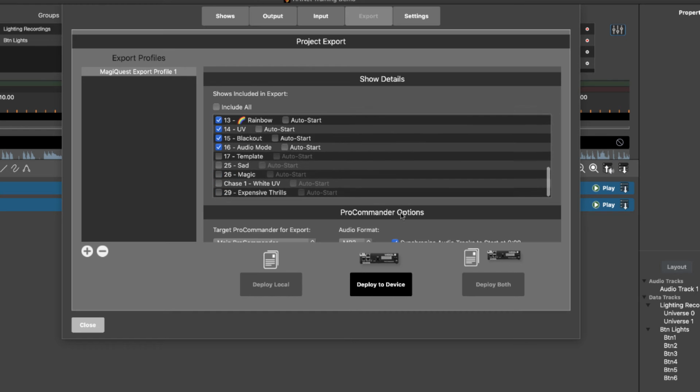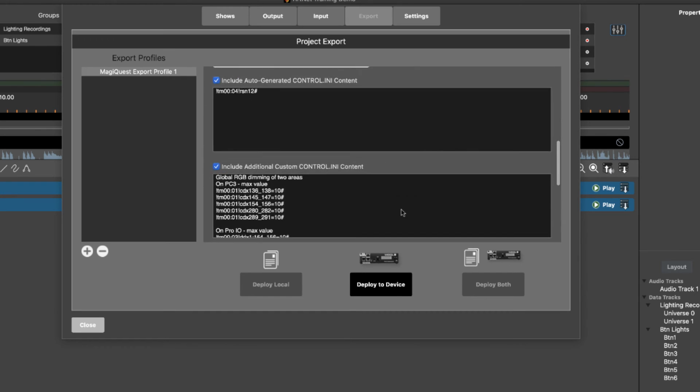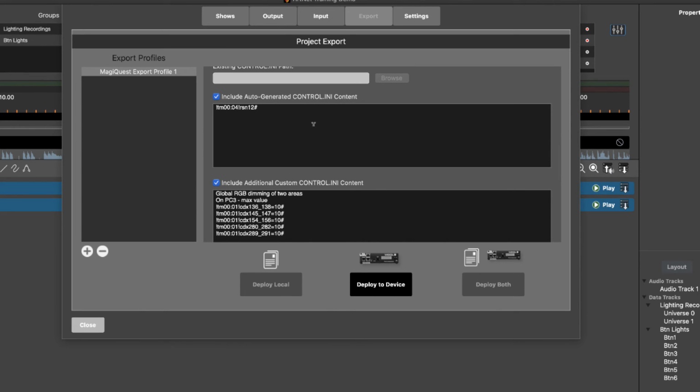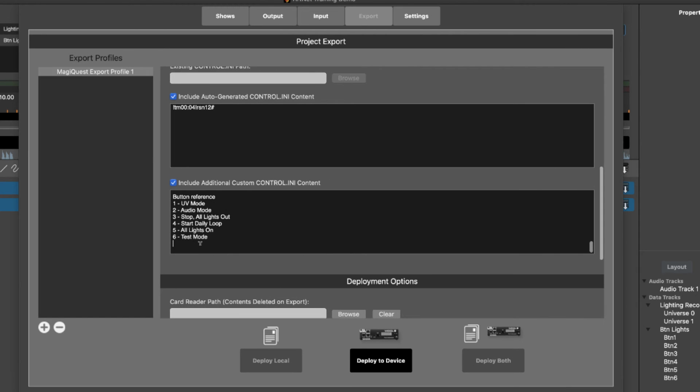Under the Export tab, in your INI, you can trigger your shows as normal with the RST, RSN, RSA commands. There is a special command for preloading the timeline. If I scroll down here, I'm actually going to make my window a little bit bigger, and I'm going to do a line for timecode triggers. And that command is TC, and of course the frame, seconds, and hours that would be required to get your